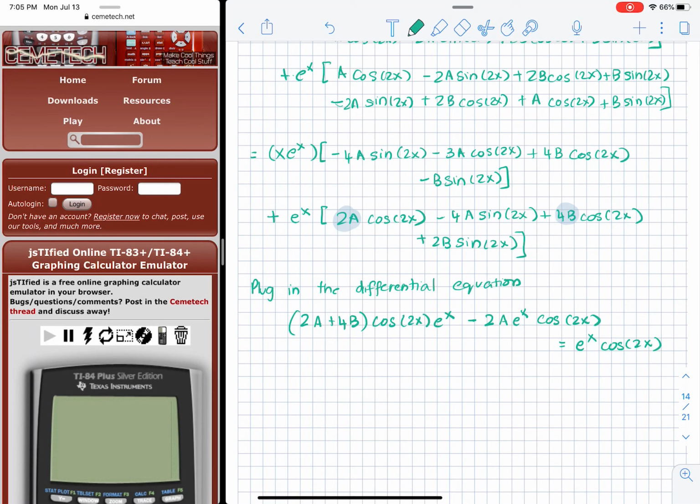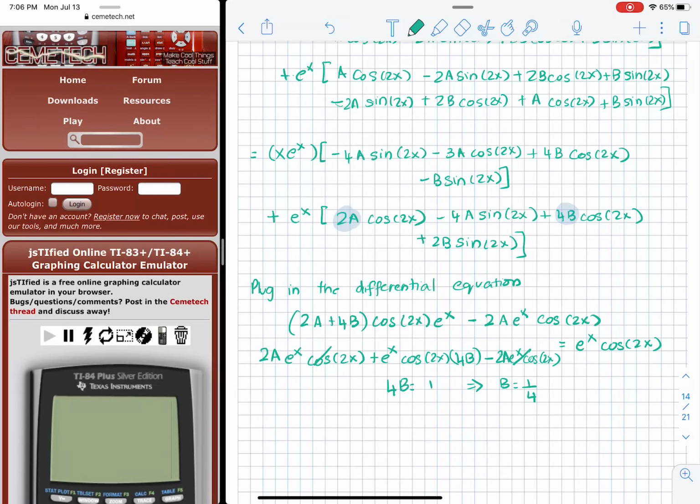If we distribute, we have 2a e raised x cosine 2x plus e raised x cosine 2x multiplied by 4b minus 2a e raised x cosine 2x. So those two would get cancelled, and I'll get 4b is equal to 1,